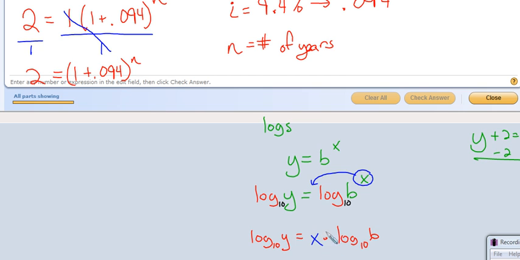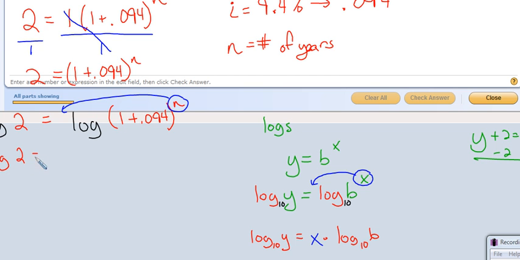So now that my variable, my x, is down in front, I'm able to continue with the problem and solve this with my calculator. So at this point, on this side right here, I'm ready to log both sides. So I'm going to log, come back up and write things in. Okay, so now that I've done this, that allows me to bring this guy down in front, which now gives me, oops, go to red,